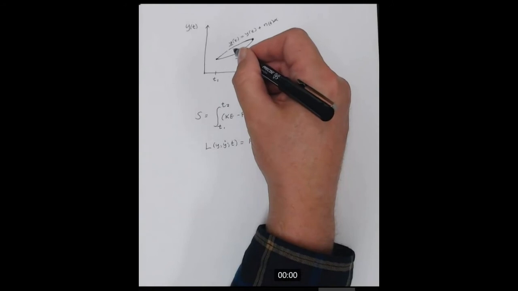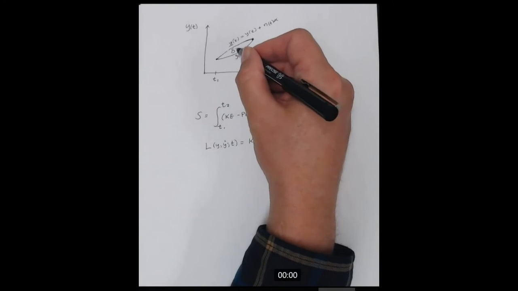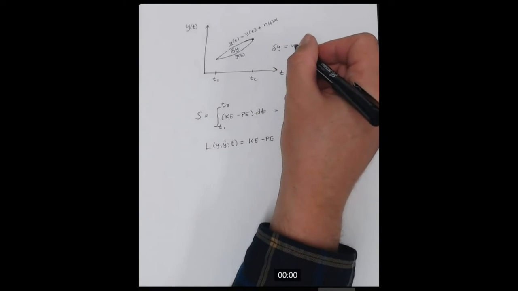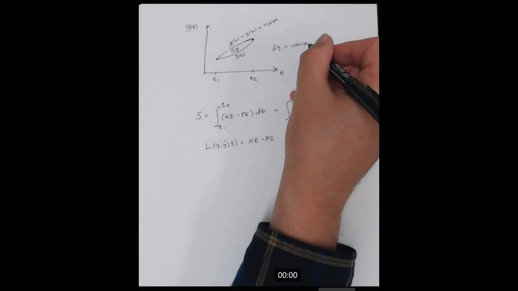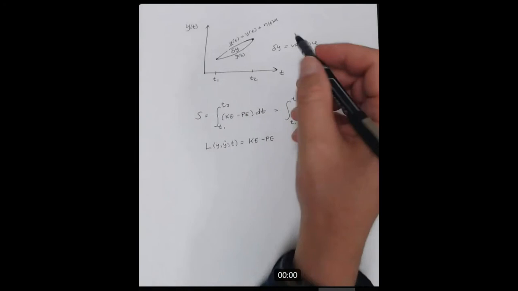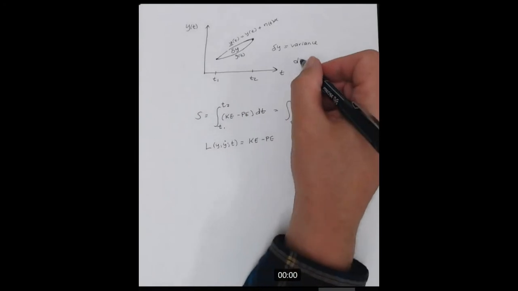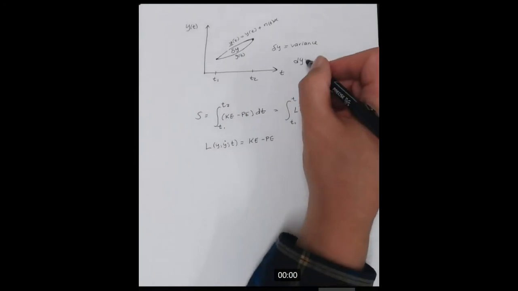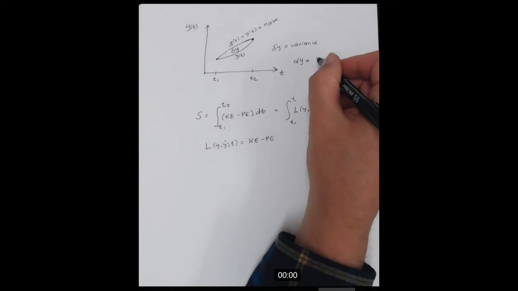We use this notation. I'll use delta y. So that's the variance. Now it's different than using dy, what we call the differential, because this is actually written as